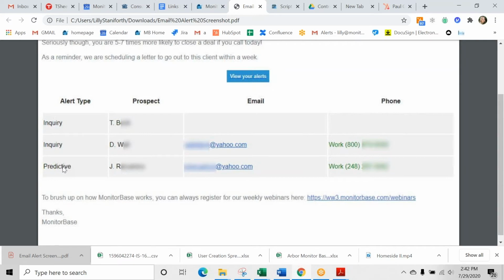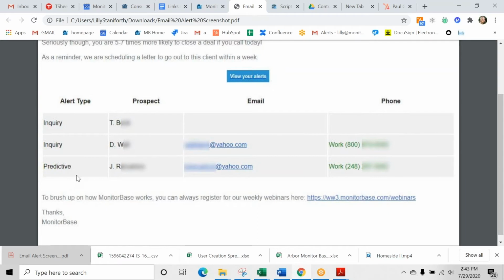Again, it is all based on their credit information, but you might get an alert that says, hey, John Smith would probably be a good candidate for a term reduction because he's been paying down extra principal on his mortgage recently. So you might reach out to him, maybe a guy that you funded his loan not too long ago, and say, hey, it looks like we could refinance from a 30-year loan to a 15-year loan. And there's a good chance that he's interested because of that. Or again, those rate watch alerts.